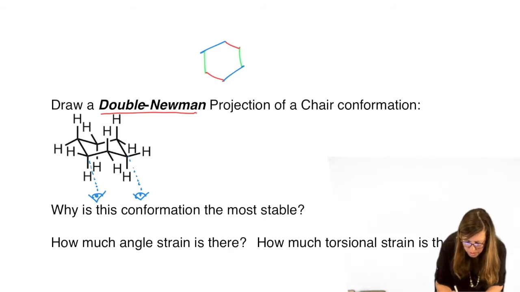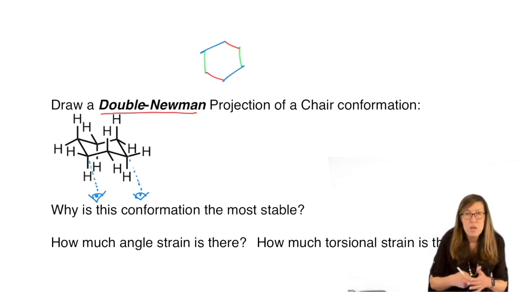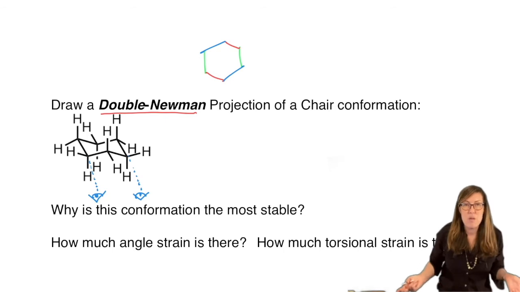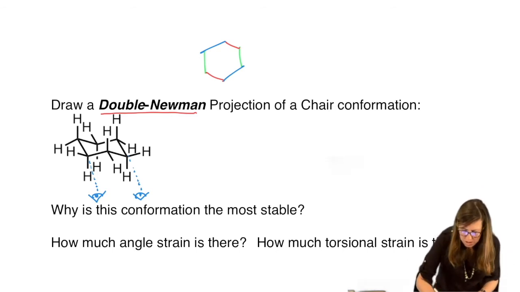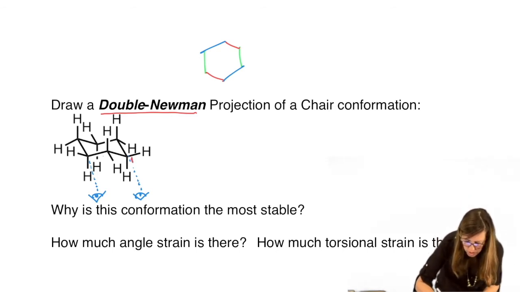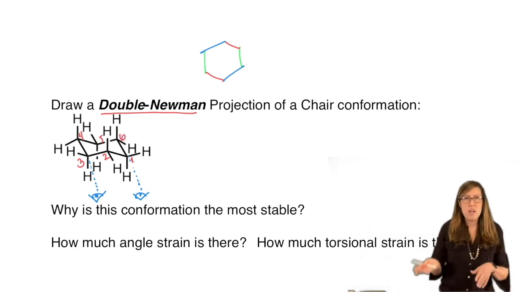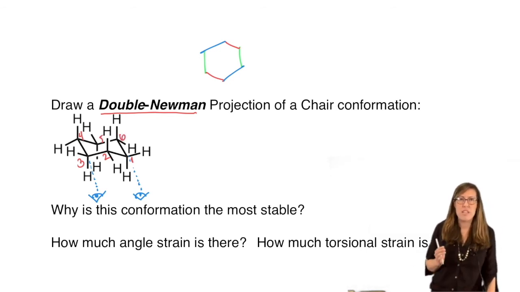Let's number our carbons. The numbering is arbitrary. I'm not about to name this compound. So I could have called it alpha, beta, gamma. I could call it 1, 2, 3, A, B, C. So I'm going to start here with carbon 1, 2, 3, 4, 5, 6. Once again, it doesn't matter whether I went clockwise, anti-clockwise. I'm just doing this so I can label it.